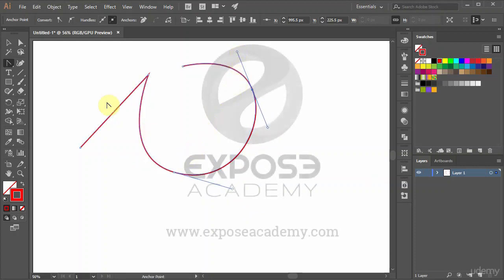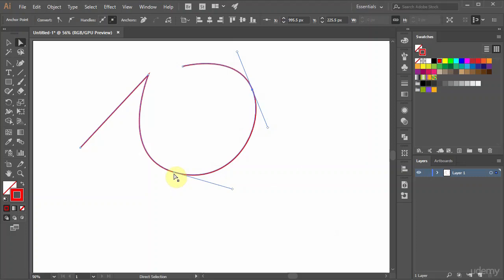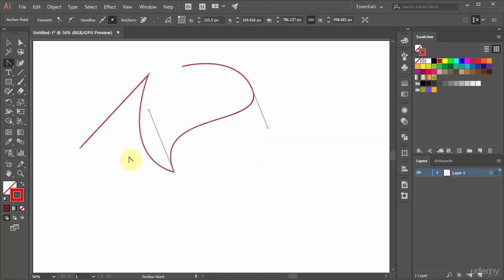Notice if we go to Direct Selection tool by pressing A for shortcut and move these handles around, they are always symmetrical in terms of their orientation. To make the handles non-symmetrical, we can use the Convert Anchor Point tool again and drag the handle. Make sure you are dragging the handle, not the anchor point. Okay, notice when we drag the handle with the Anchor Point tool, we have bezier corner type point like this, which is basically an anchor point that has non-symmetrical handles.